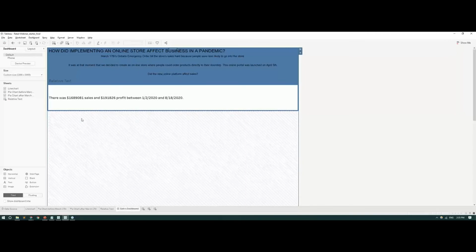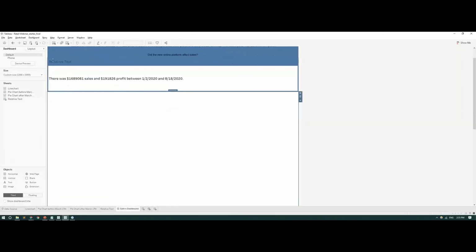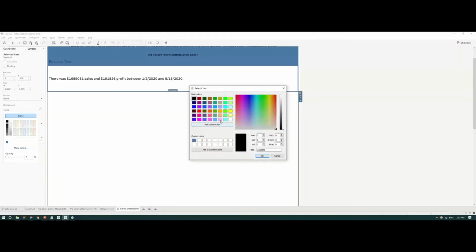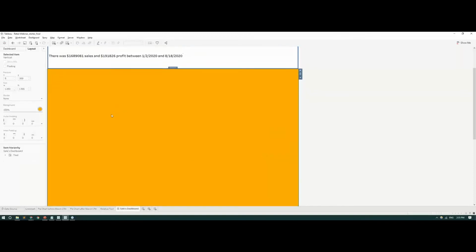Now, if we want to add another container that's going to have our line chart, we can do that by grabbing a vertical object, clicking on our dashboard, and then we can also add a background to this object so we can see exactly what is going on here. So let's make it more of an orangey color. Within this